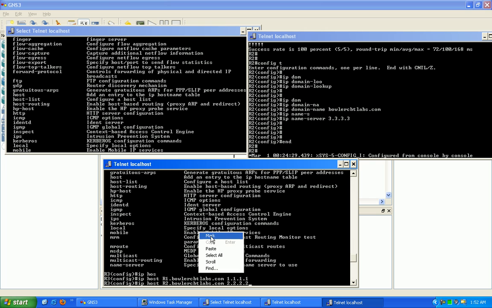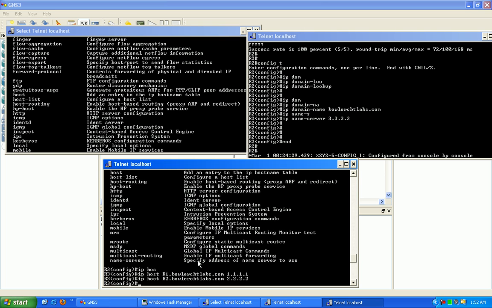So again, this is our domain name here, Bowler CBT Labs, and then this is our host name. So in order for router 3 to perform host to IP address resolution, we have to put in these records manually on our DNS server, and that's what we're doing here. And then last but not least, we'll go ahead and put